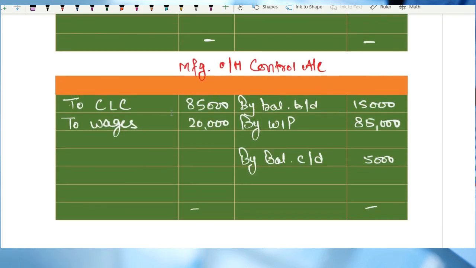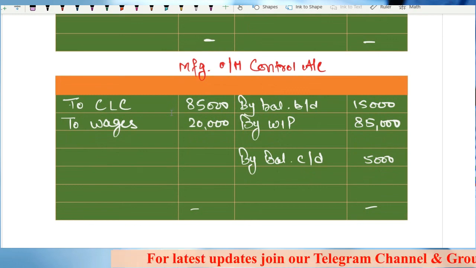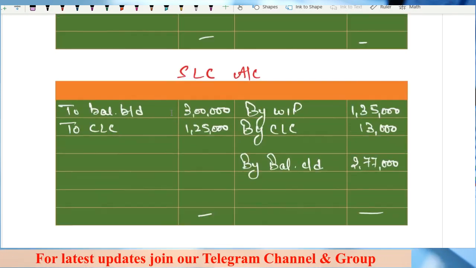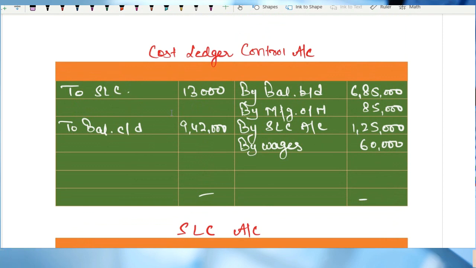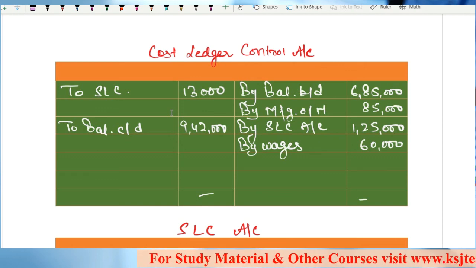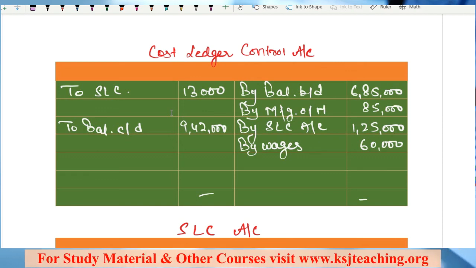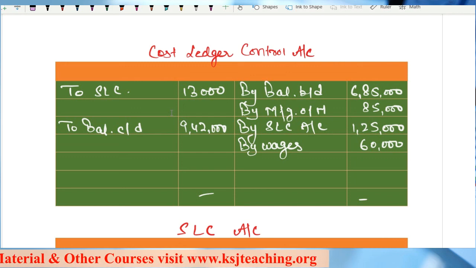Clear? And I have told you the basic method, that what you have to follow is prepare all the formats and keep 6 to 7 lines for each account. You should keep more lines for the CLC account, at least 10-12 lines for the CLC account, and for the remaining accounts 6 to 7 lines is more than sufficient. You won't get the entries more than that in a particular account. 6 to 7 is sufficient. For CLC account you should keep it 10-12 lines,